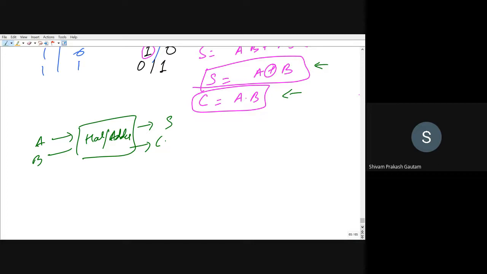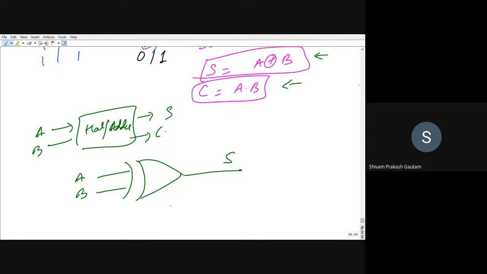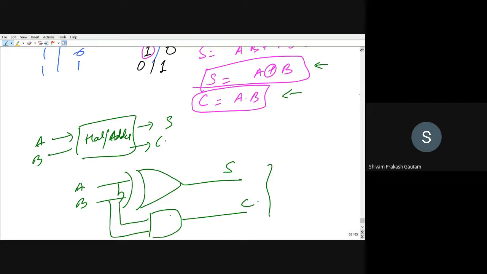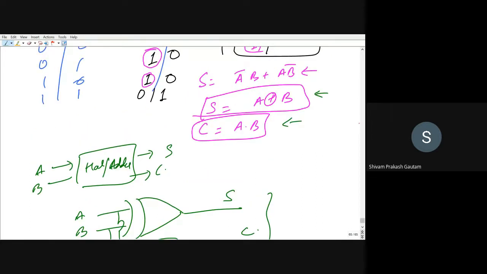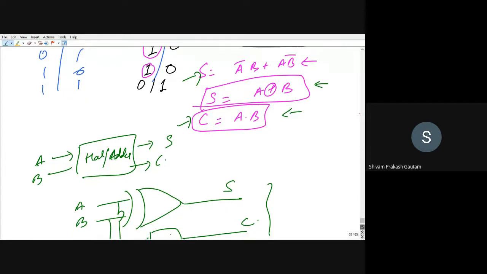So first we will use XOR gate. This is the symbol for XOR gate, which we have already seen. Here A and B are input of XOR gate, so here we will be getting the sum, and here I can use an AND gate, provide the input to the AND gate, and get a carry. Right? This is straightforward. We can also go for AOI logic, that is AND or invert logic. You can use AND or invert gate to obtain the logic for sum and carry. I will not tell you the AOI logic; you can do it by yourself. It is very easy. Now I will use universal gates, that is NAND gate and NOR gate.